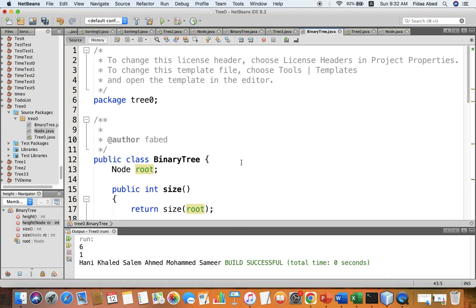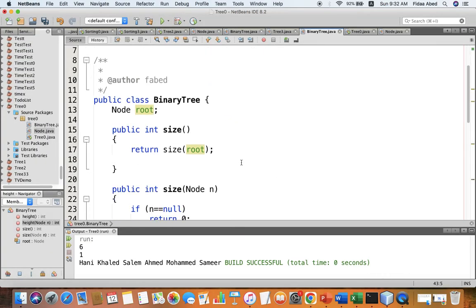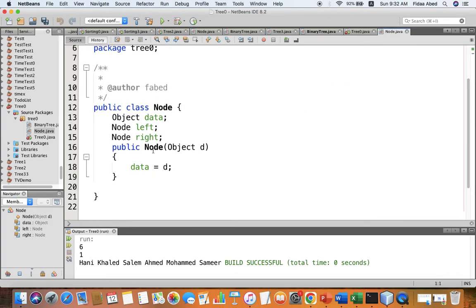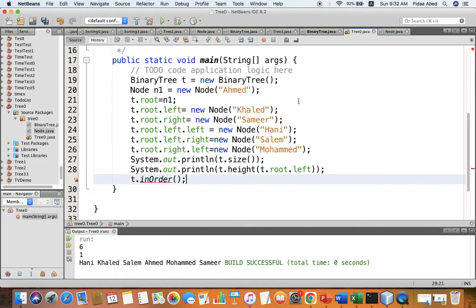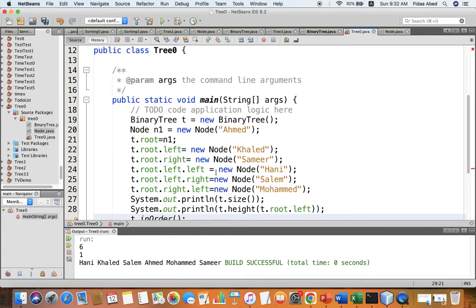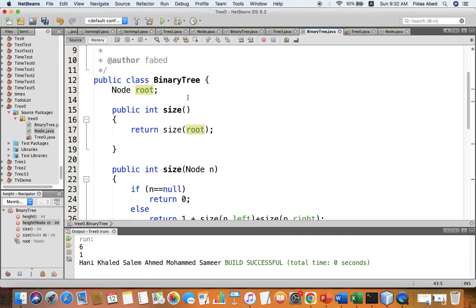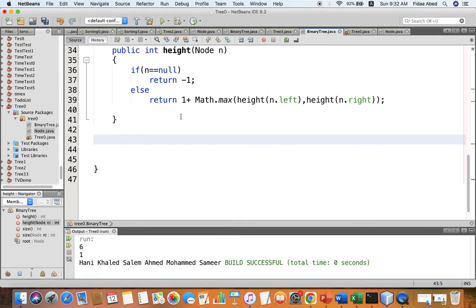So let's go to the NetBeans. Remember last time we have a class node. We did it together, and then we have this main class. We have also a binary tree class. In the binary tree we have root, size, and height. And today we want to add a new method. It's called